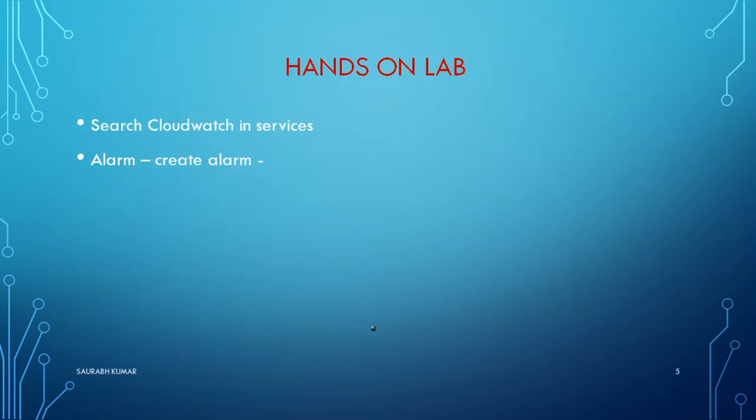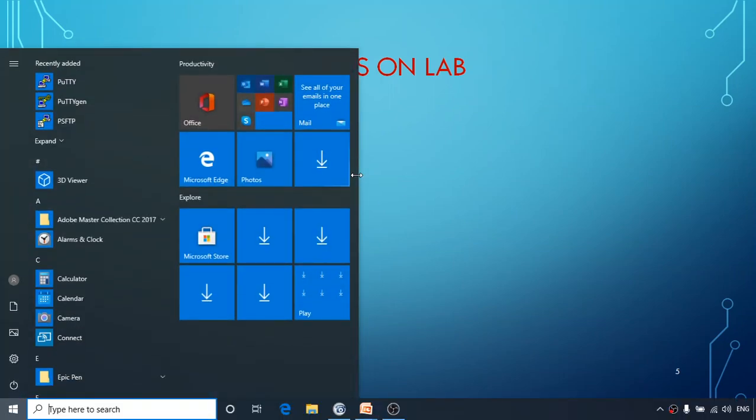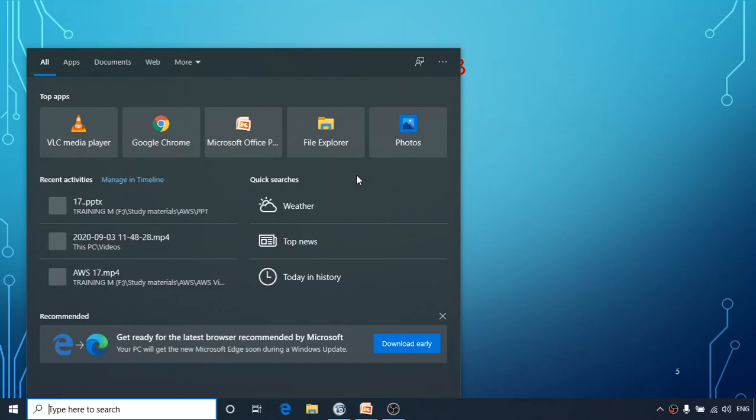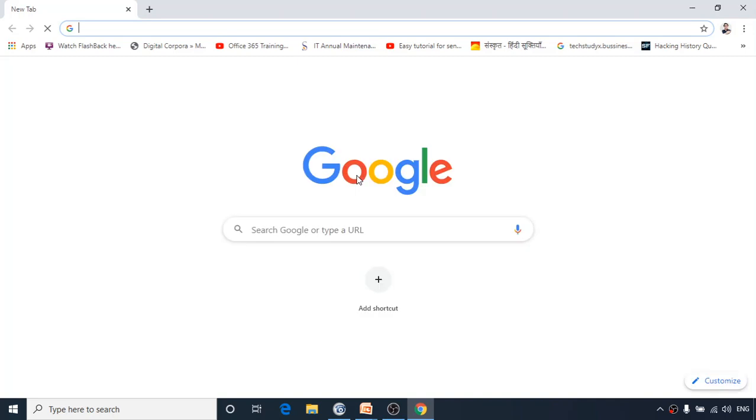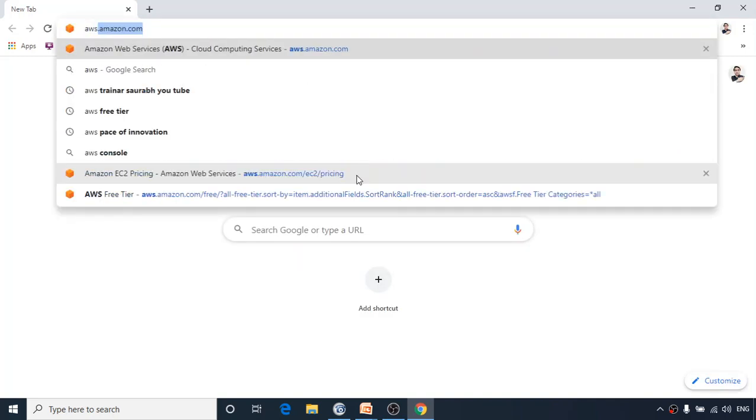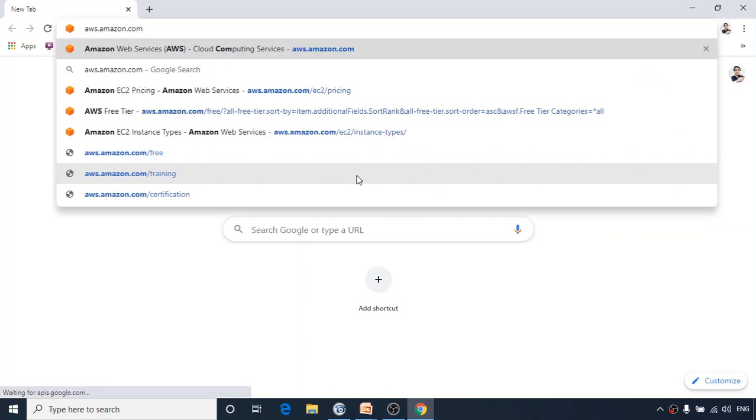We are going to do a hands-on lab. For that I need to go to my browser. In my browser I need to access my AWS, so aws.amazon.com.